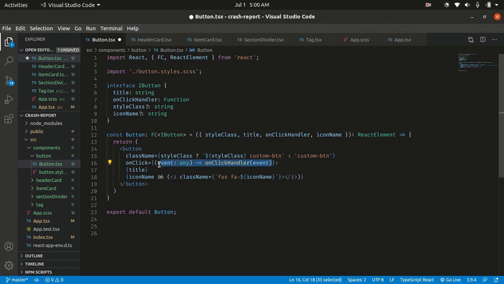So when I specify any on the argument here, I'm saying that this is an anonymous function. If somebody clicks it, it's going to pass in any argument that is being passed into that function. I'm not saying this argument should be a string or a number, just any argument will work. Okay, the next thing is